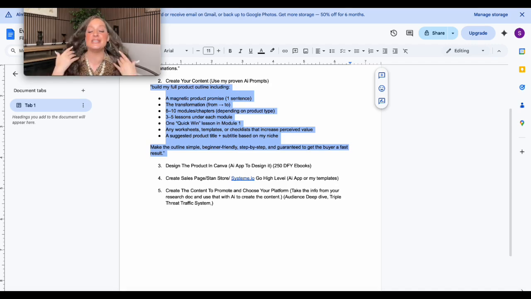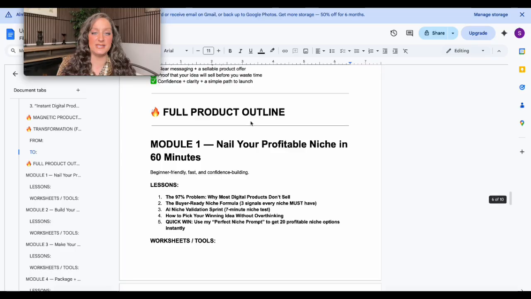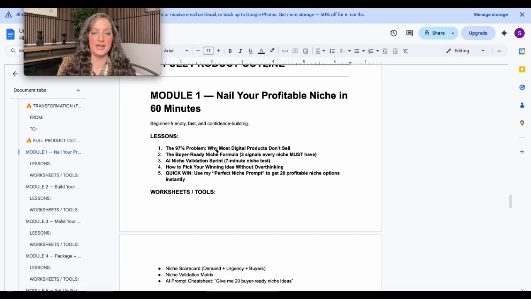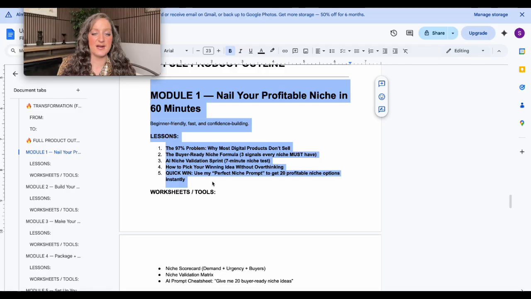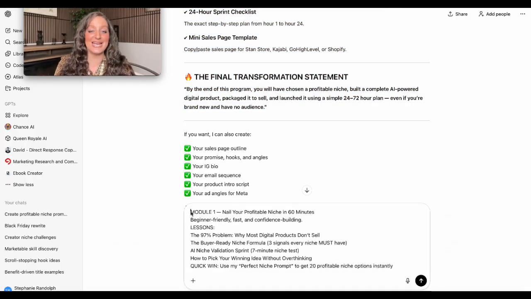And then what you're going to do is each section for your module, let me show you one example, okay? So each section for those modules, you want to go back into ChatGPT and you want to put it in there, okay? So this is module 1, and these are the lessons. So you want to copy it, go back into ChatGPT, and what you're going to do is you're going to tell it to expand on this.